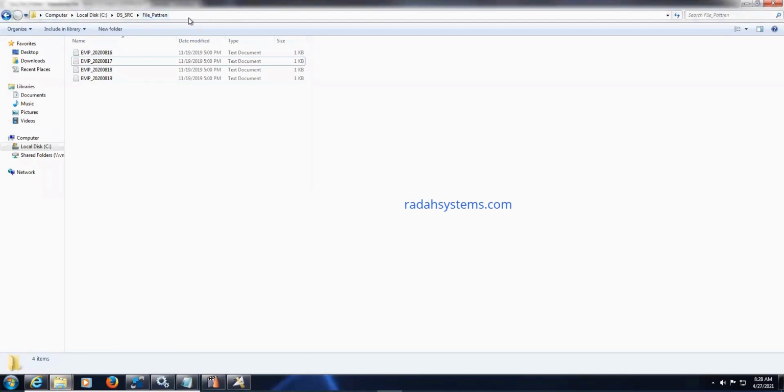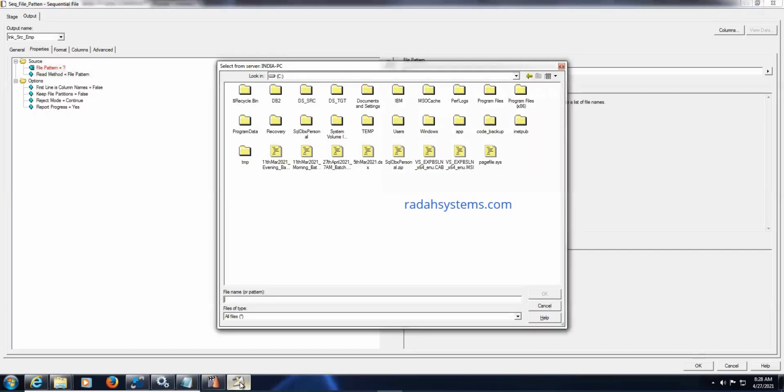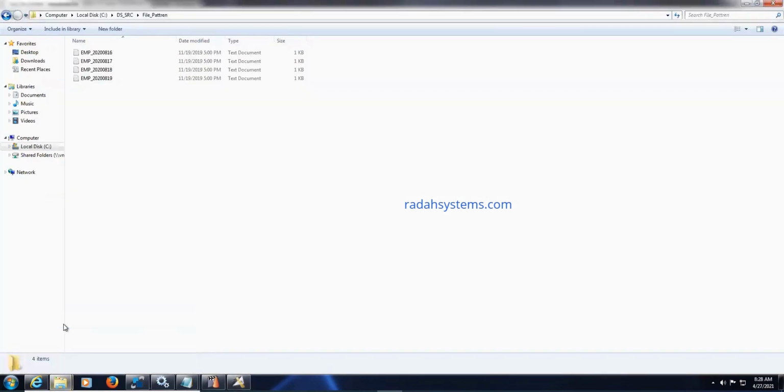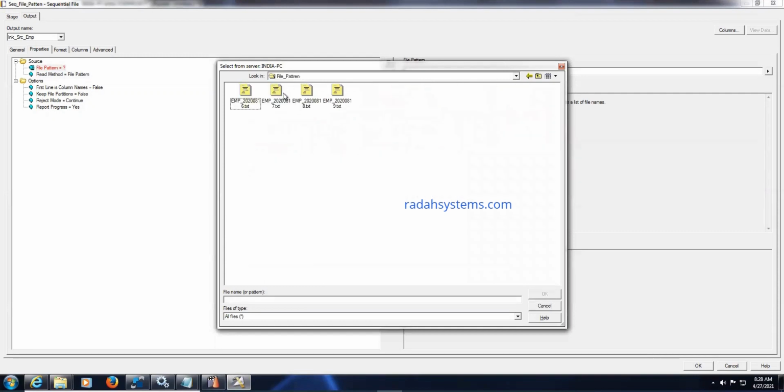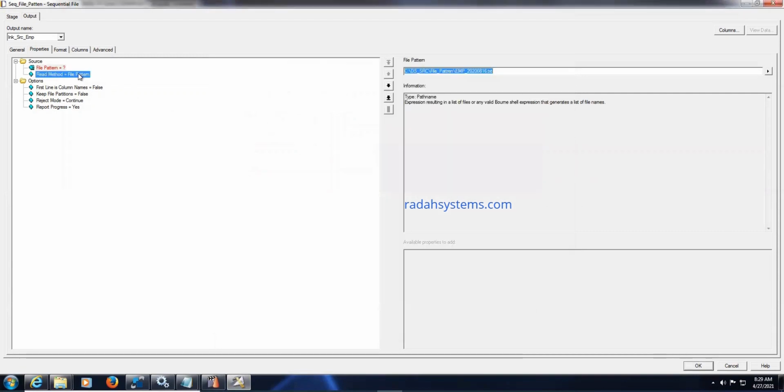So C drive, file pattern. You need to go there: C drive, ds_src, file pattern. Go to the respective folder, ds_src file pattern. Click on any file, and you can give the pattern, wherever emp underscore, some pattern will be there, right?